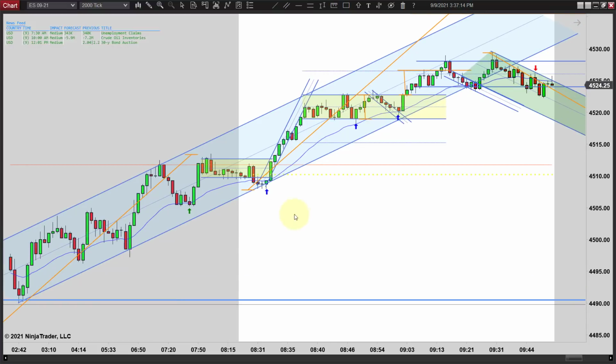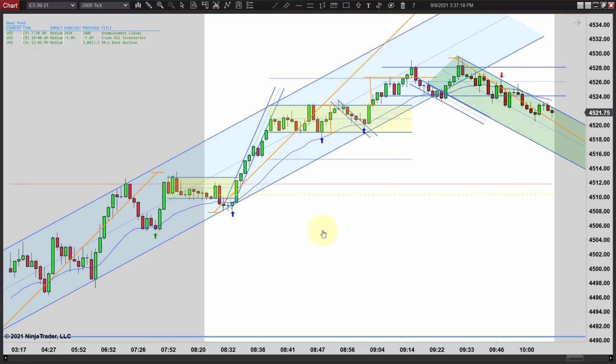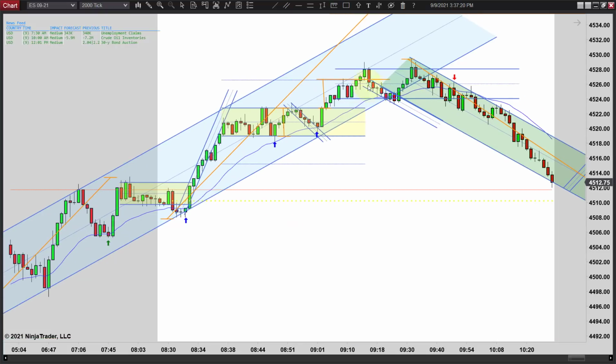So it turned, that's probably the trade of the morning so far. It was the trade of the day until we turned down, to be honest. That was a nice move, and you would have probably got a runner out of that. I don't know if I would have ridden out a runner through all of this, but there's still a nice move there. And then we're just kind of bouncing sideways,